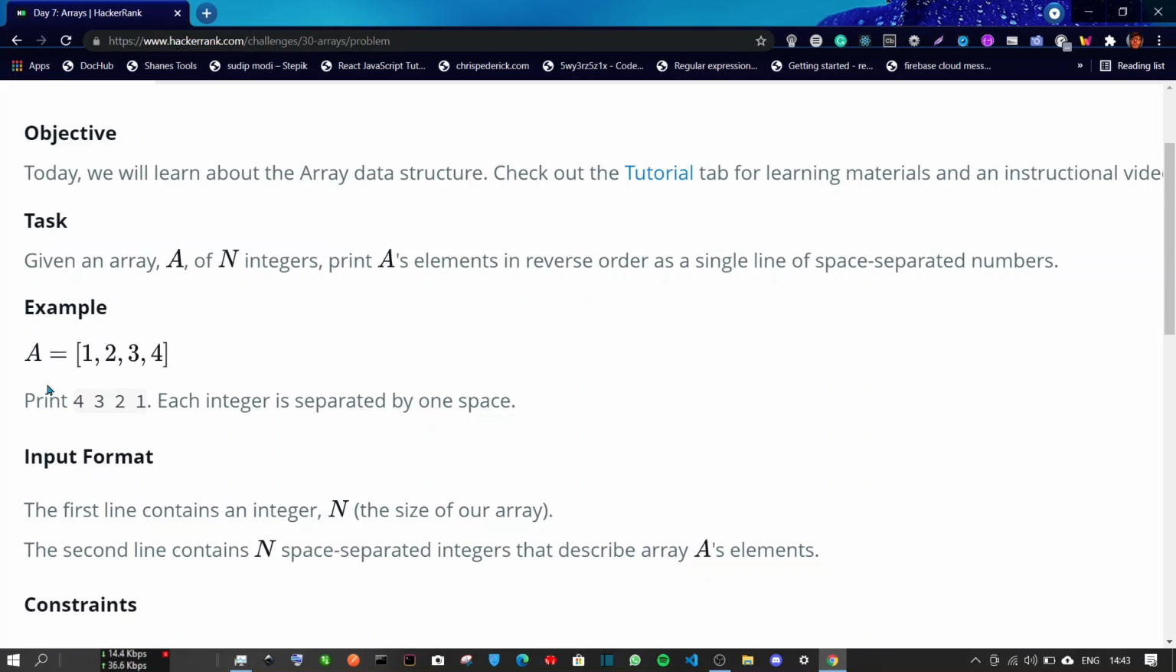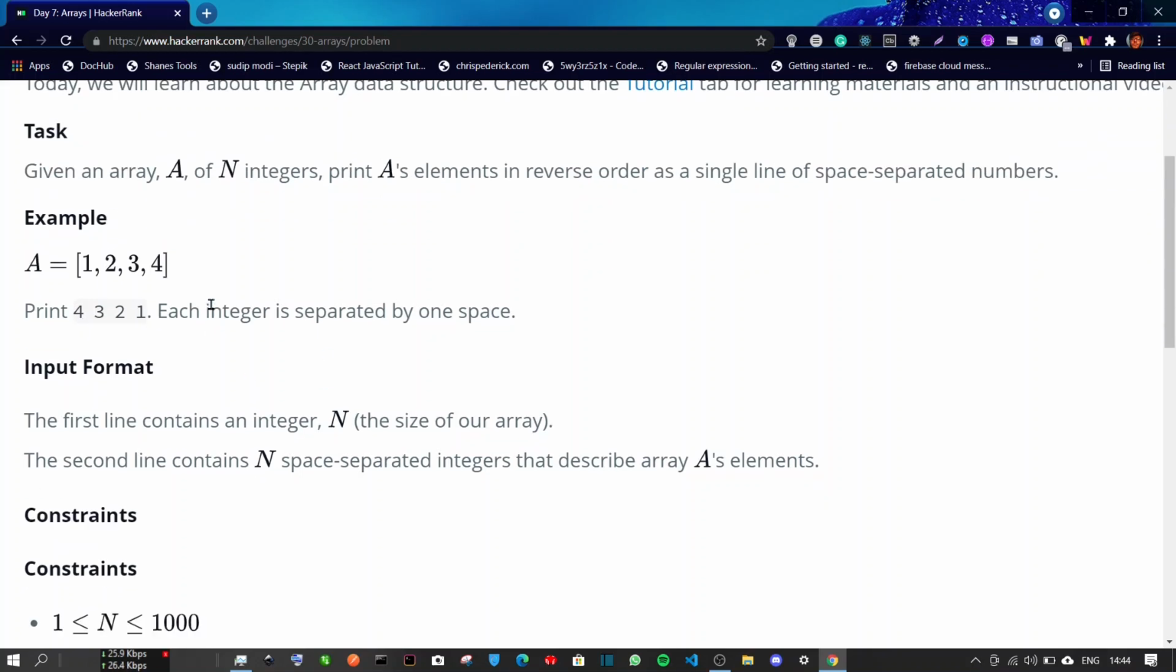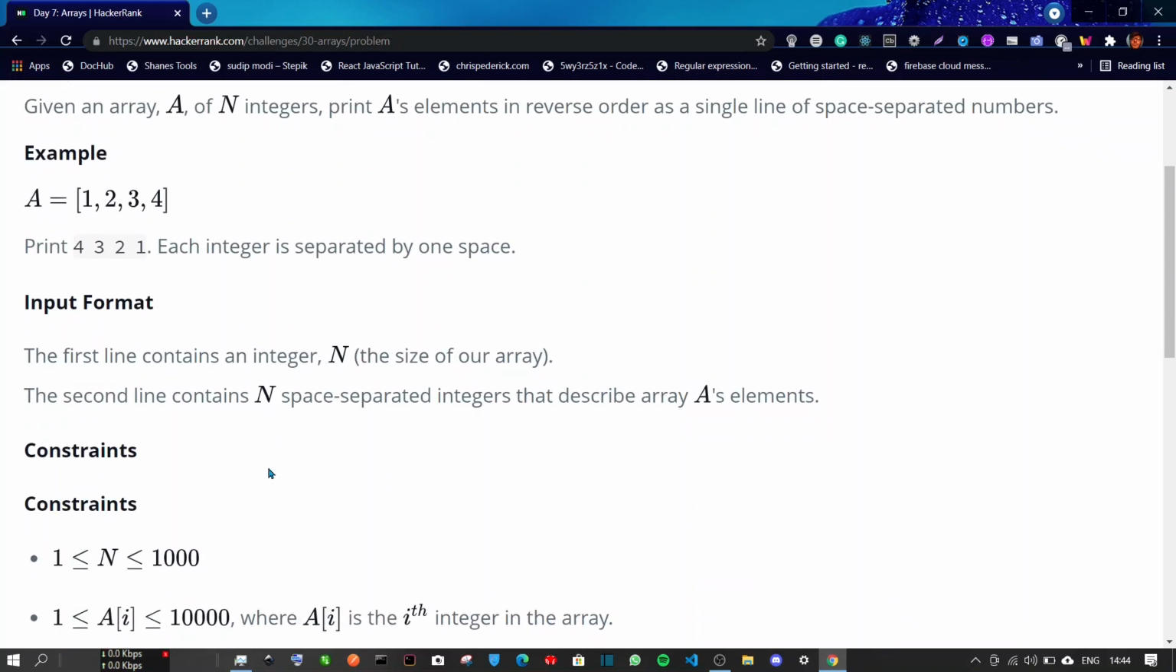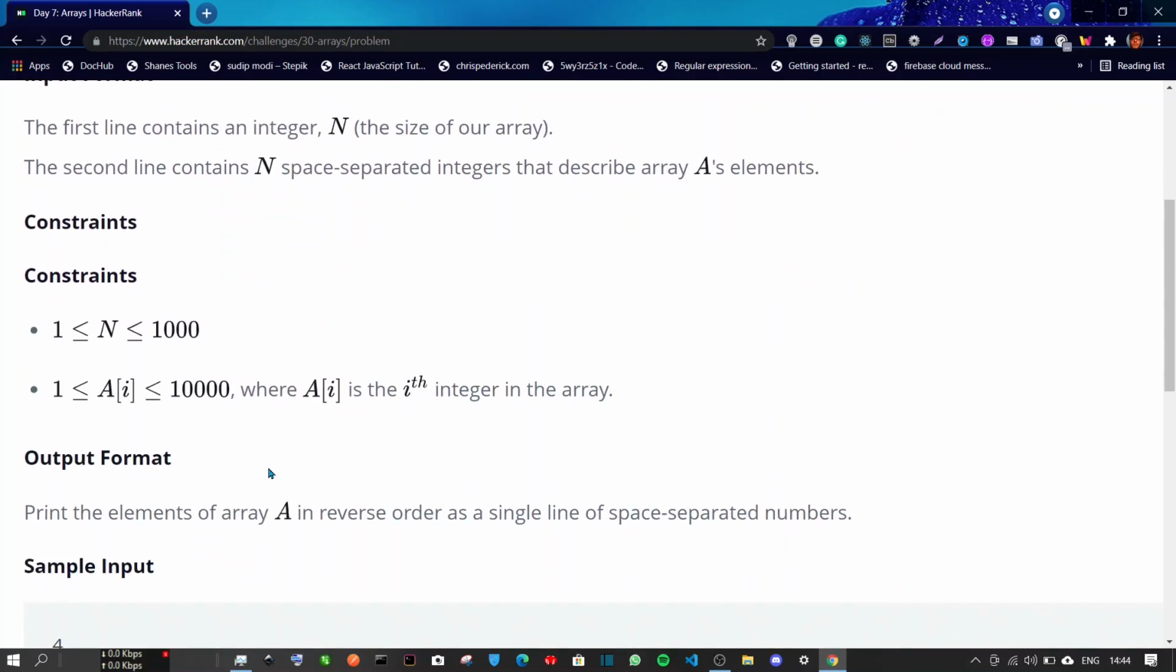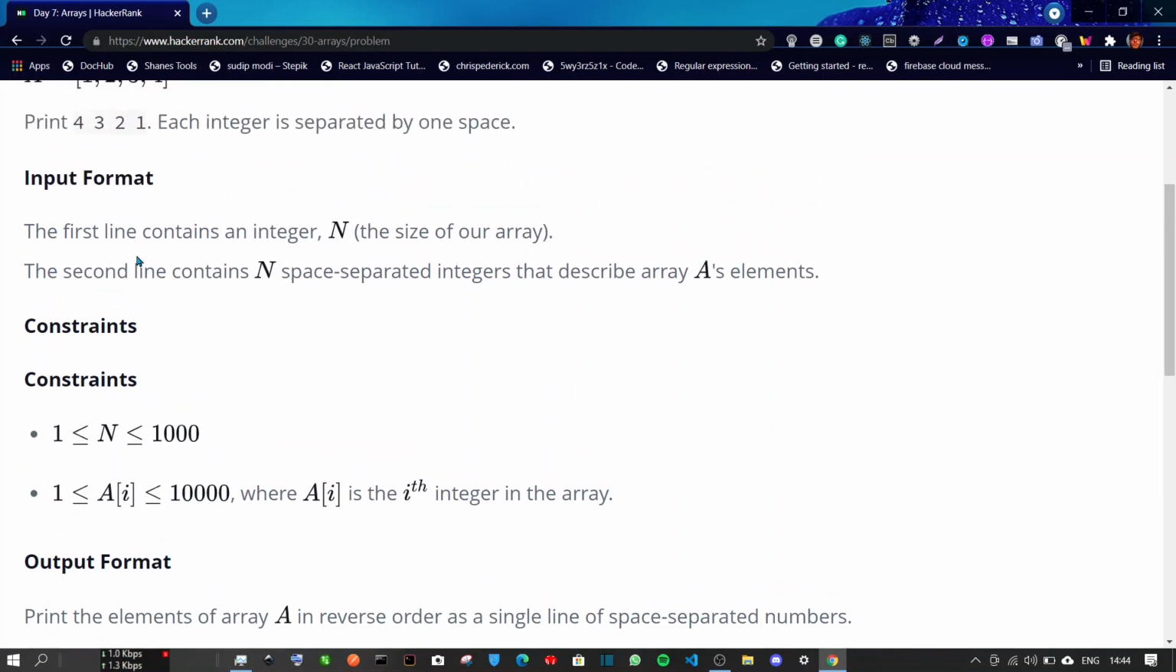from that array. So this is the example: 1, 2, 3 and 4 is printed as 4, 3, 2 and 1, and each integer is separated by one space. So while printing using the printf function, we'll insert a space after the %d part. So the input format is basically the first line contains an integer n, which is the size of our array. This will help us initialize the array, and the second line contains all those space separated integers that describe the array's